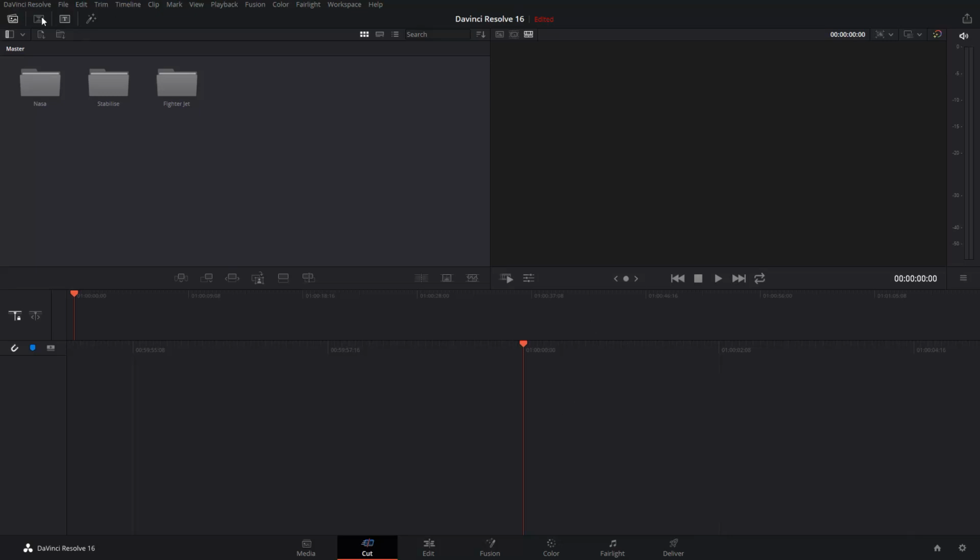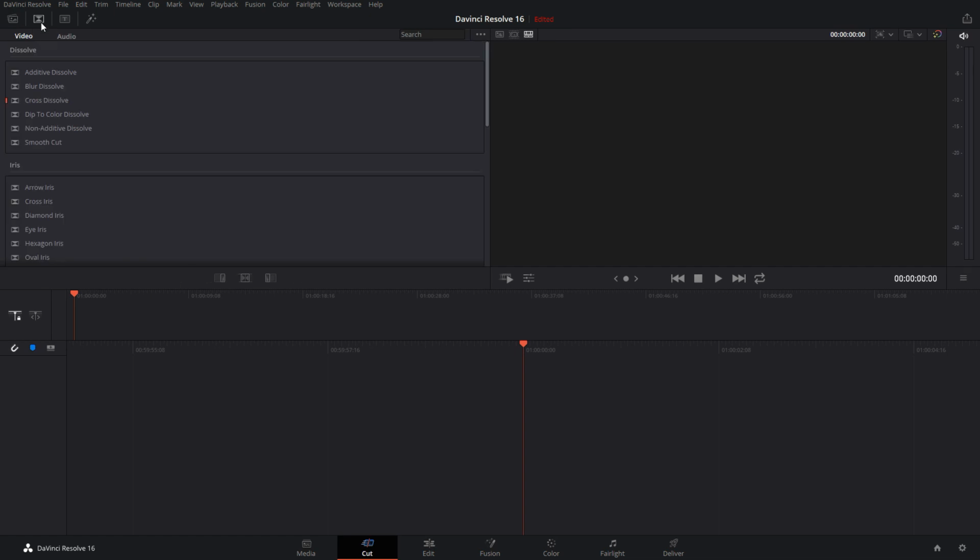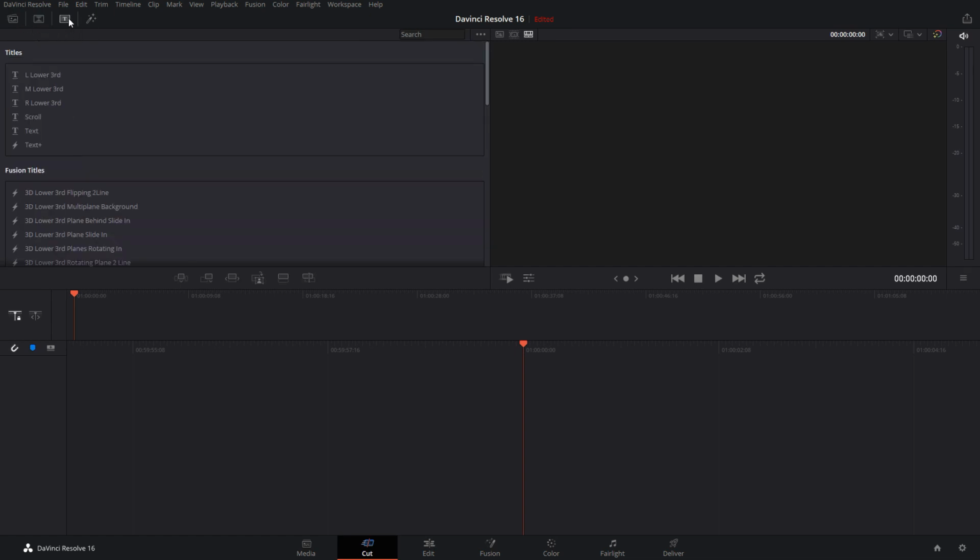The interface first. On the left, you have here the media pool mostly. I'm saying mostly because you have the option here to look into the transitions. You have the text titles, and then you've got your effects. But please resist the temptation to start overloading your timeline with all sorts of transitions and effects and stuff, because